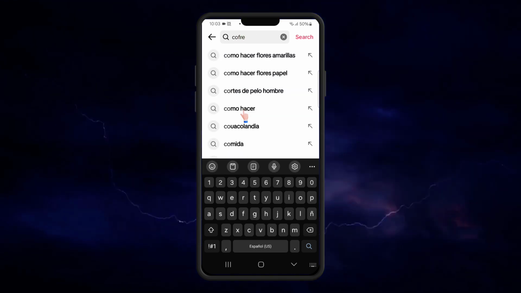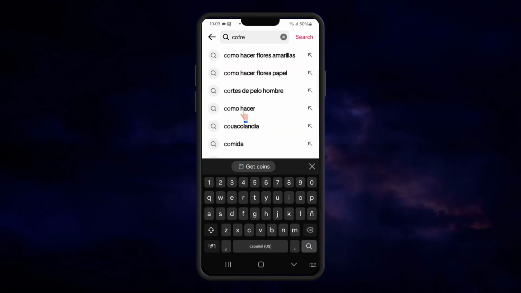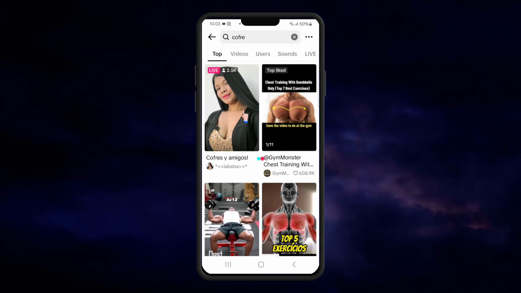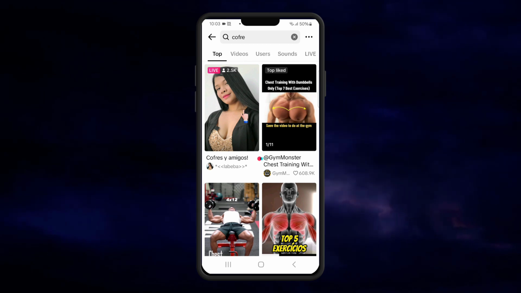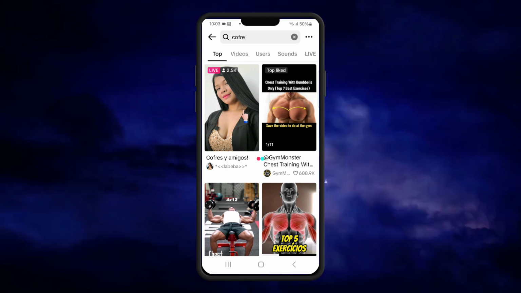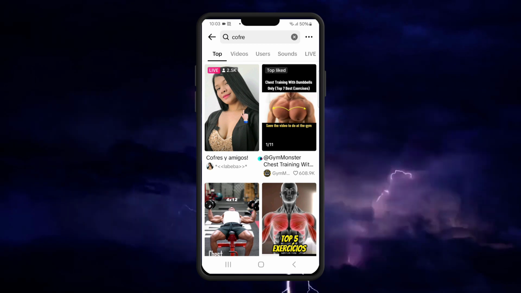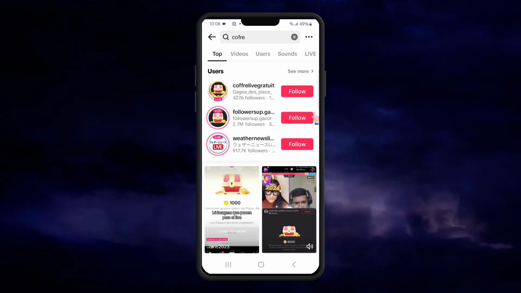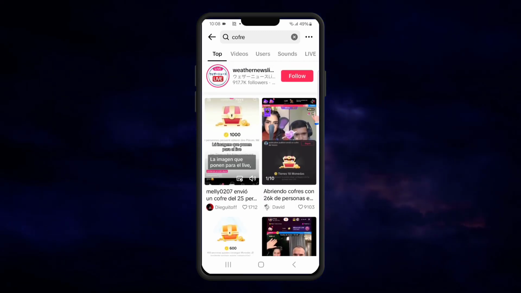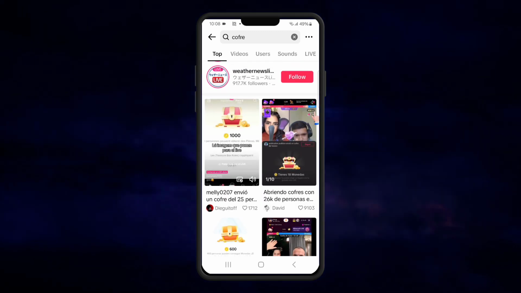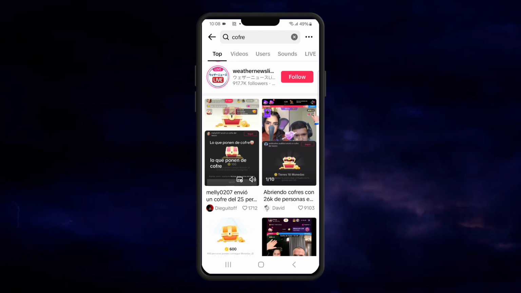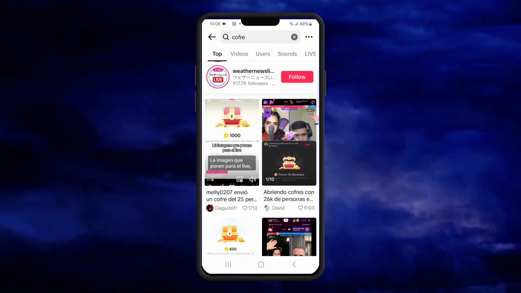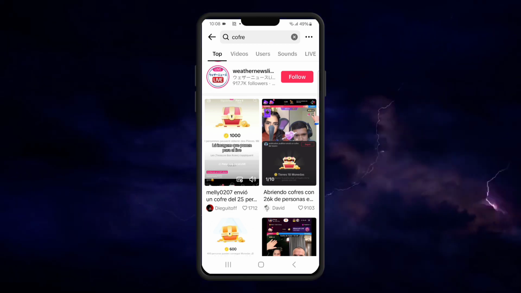cofre, and you can see other options, the best options and free. Hang on a second. In Spanish you put cofre and we can see more options in the evening. Now it is morning, and this is all legal and free, and